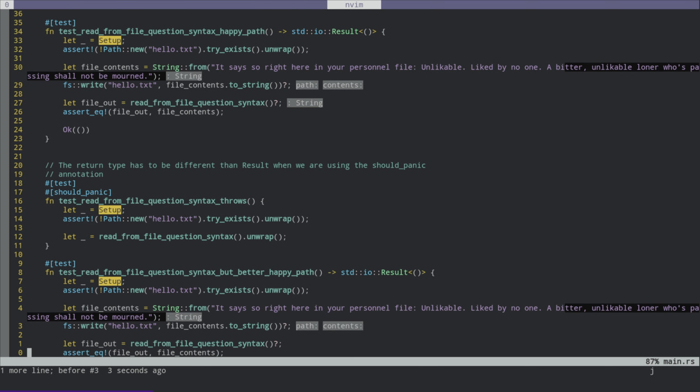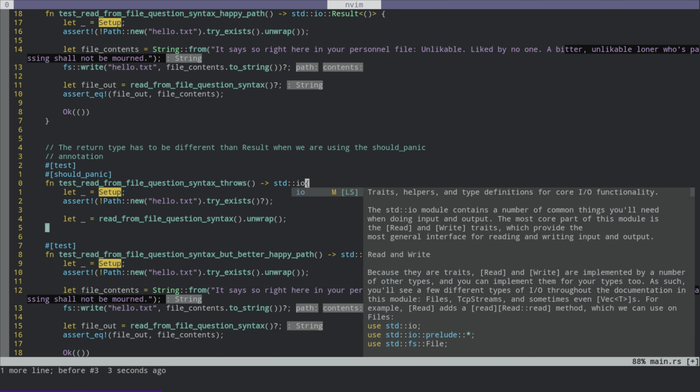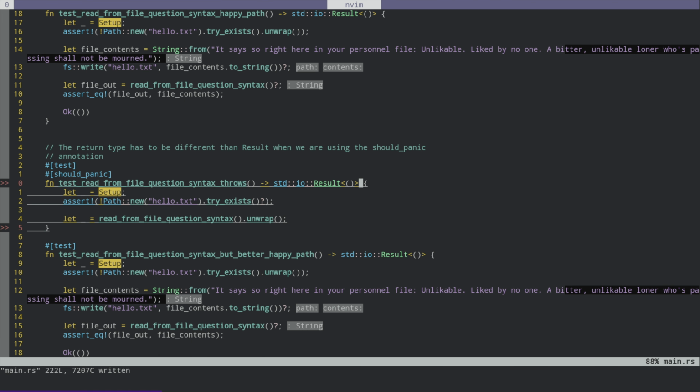I have one other fun one. So this test read from file question syntax throws. Oh, okay, this one is interesting. I had another one that was an example above, but we normally like to use the question mark instead of this unwrap, but we can't do that because where would this raise to? It needs to be inside of this function, right? And so we could change the output and try to make it happy, but what we'll see is we can't